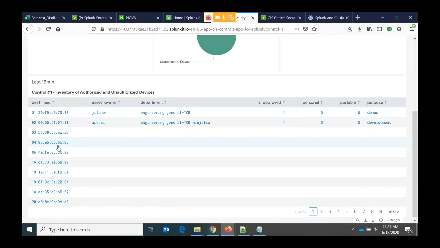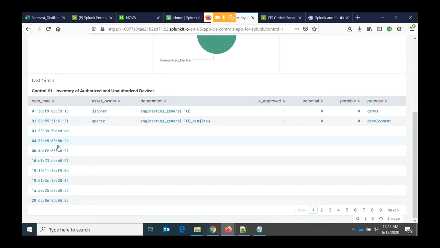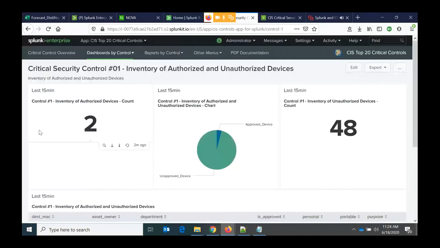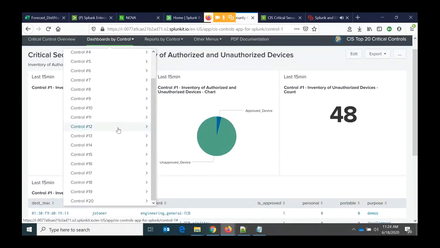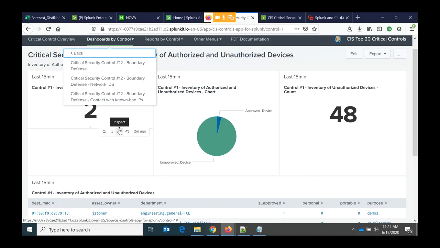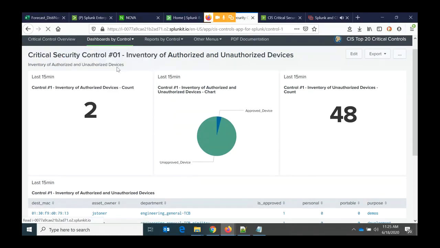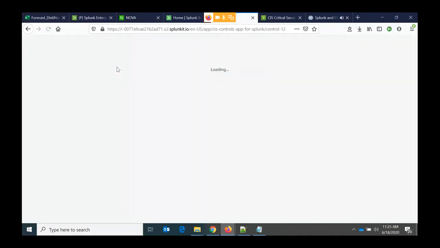I mentioned that some of the controls have multiple dashboards. Let's take a look at another dashboard now. In this, let us see, there are multiple dashboards. As you can see here, all the 20 controls, and each control has inbuilt dashboards within them. So let me take you through the first one, that is boundary defense. In this dashboard,